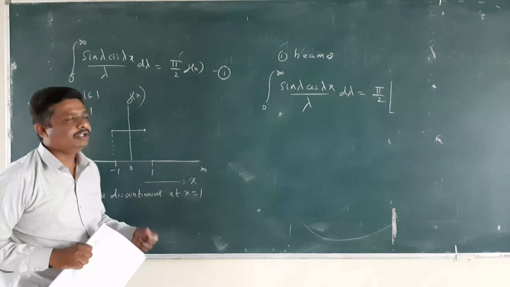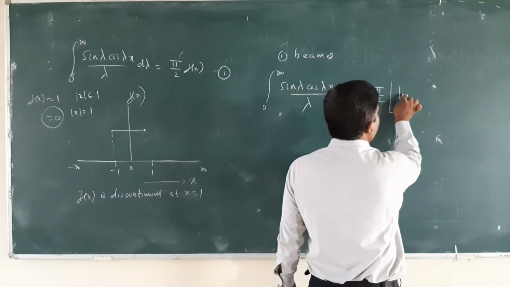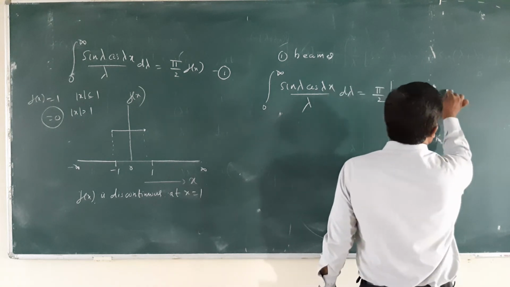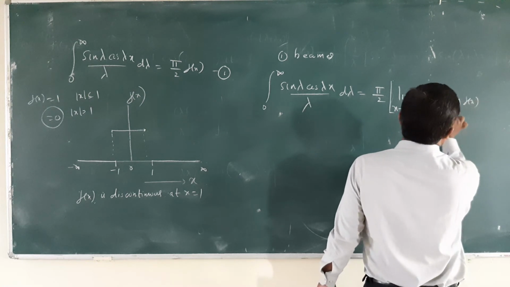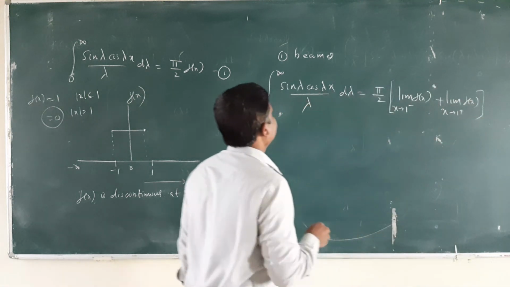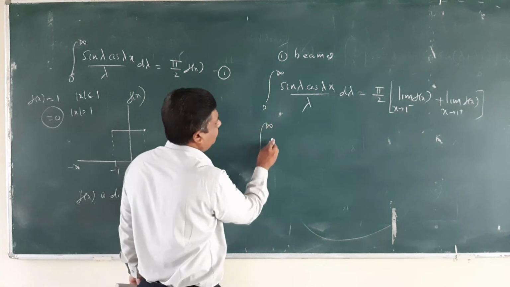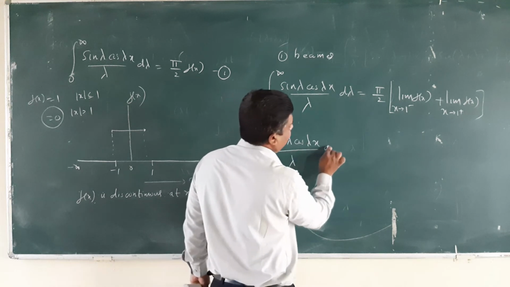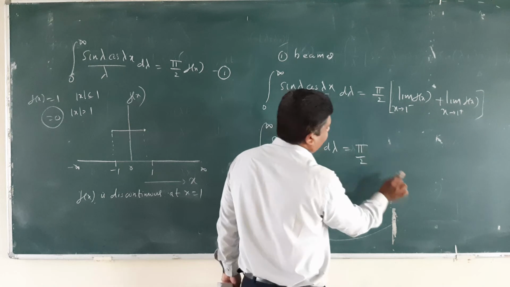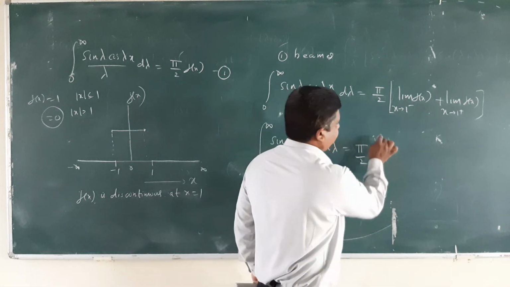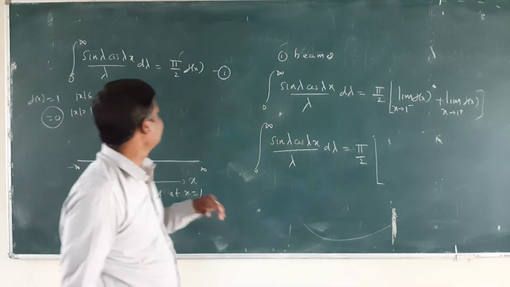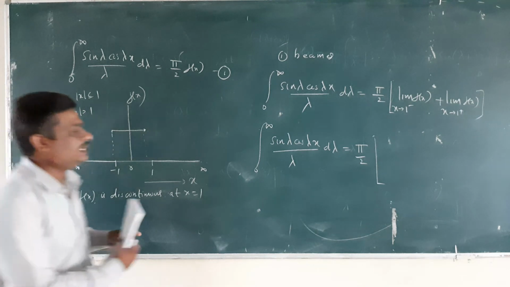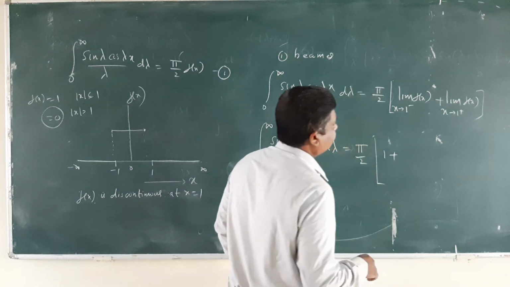If the function is discontinuous, then you have to take left hand and right hand limit, that is limit of f of x as x tends to 1 minus, and limit of f of x as x tends to 1 plus. So 0 to infinity sin lambda into cos lambda x upon lambda into d lambda is equal to pi by 2 times. Mod x less than 1 is nothing but x lies between minus 1 and plus 1. In that the value of f of x is 1 plus,